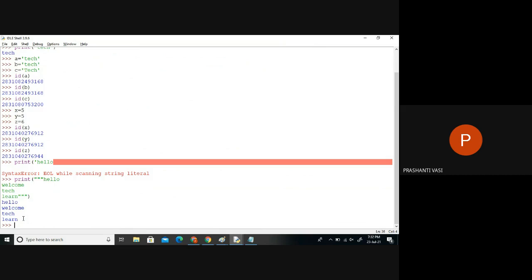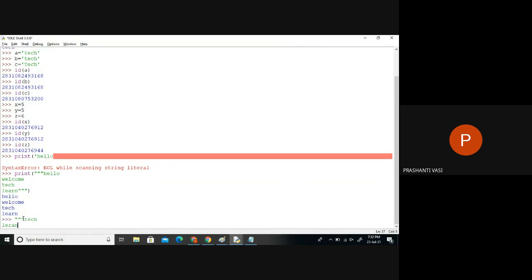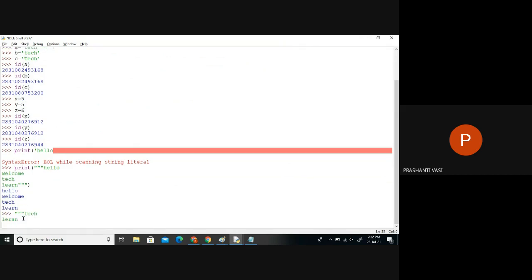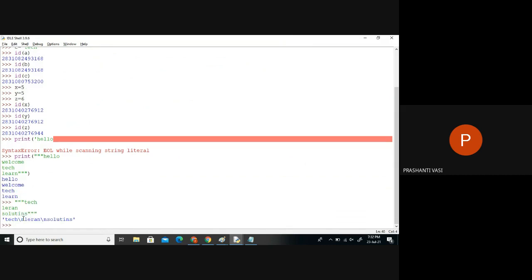So if you have to write text in more than one line, like an address, we will never write an address in one line. Whenever you want to type something in different lines, we have to use the triple quotation. It will not break unless you break it with this one, right?